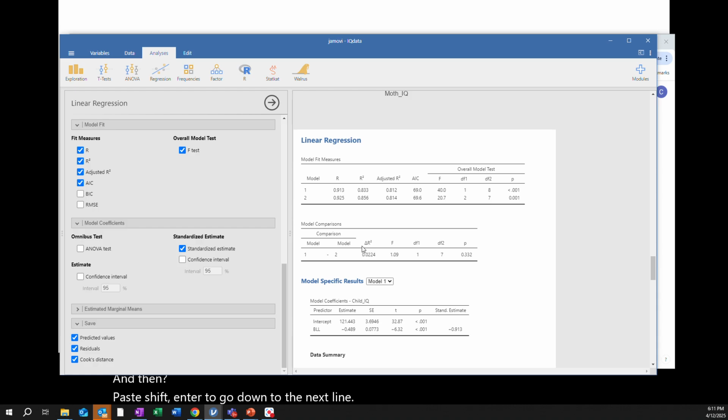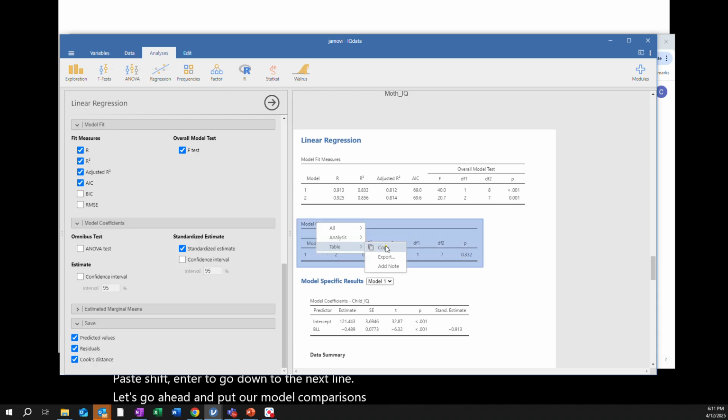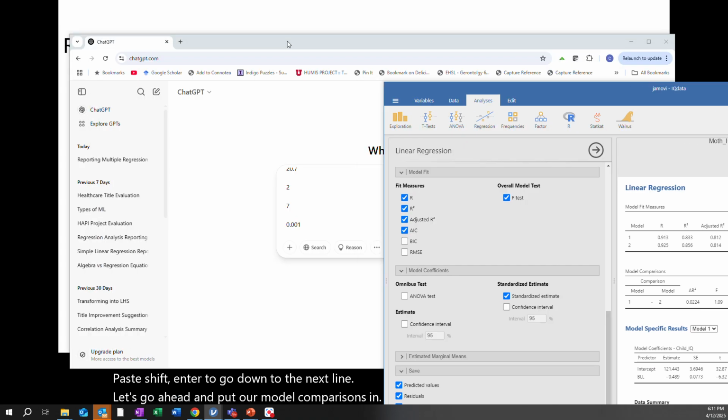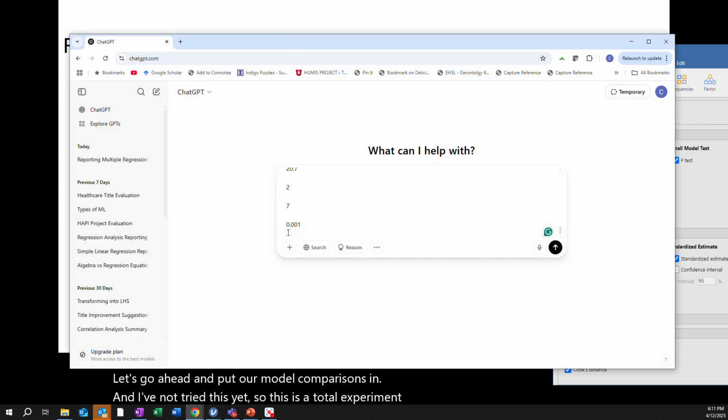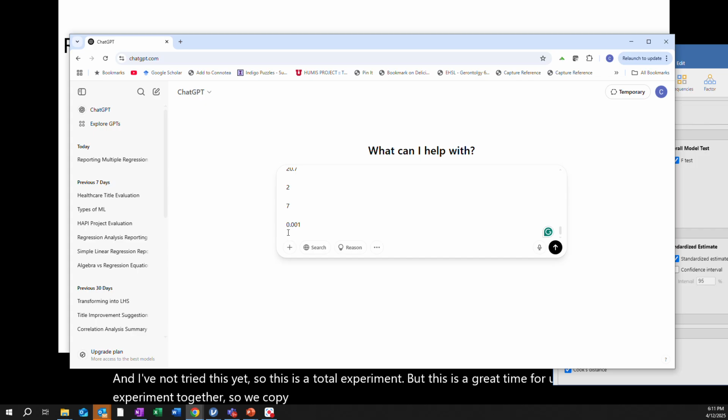Let's go ahead and put our model comparisons in. And I've not tried this yet, so this is a total experiment, but this is a great time for us to experiment together. So we copy that table, Control V to paste, Shift Enter,